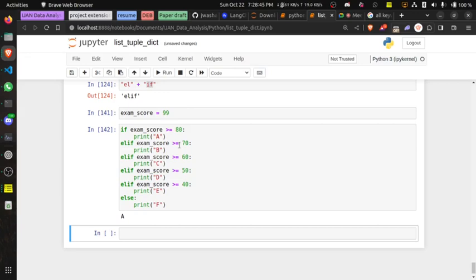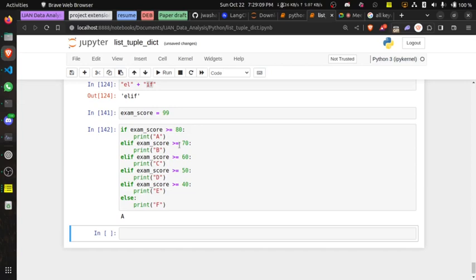Now this is okay. This works, right? But like I mentioned, this is actually not a very good implementation. I'm going to explain why. Your grading system in schools is capped.